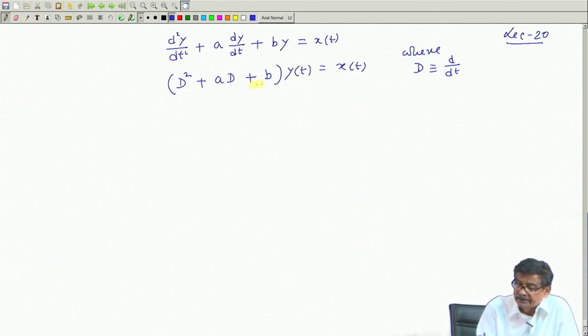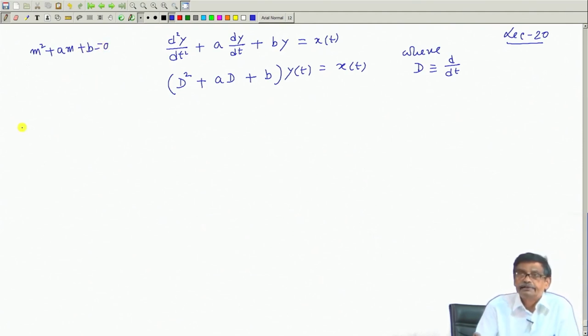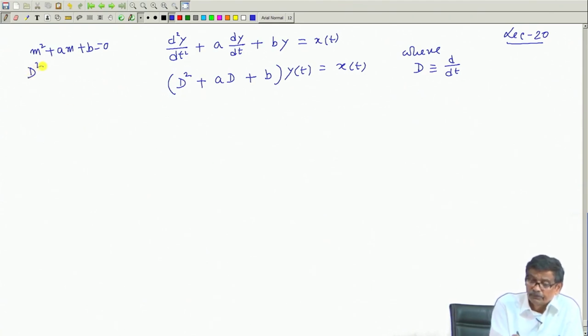And this can be factorized, is it not? I can find out the root of this equation, that is the characteristic equation. Here it will be m squared plus a m plus b is equal to 0. The characteristic root decides the natural response. So, suppose the roots of this characteristic equation m squared plus a m plus b is equal to 0